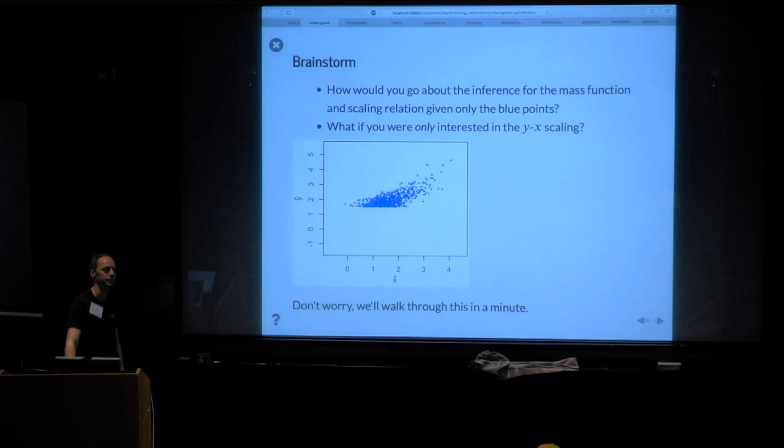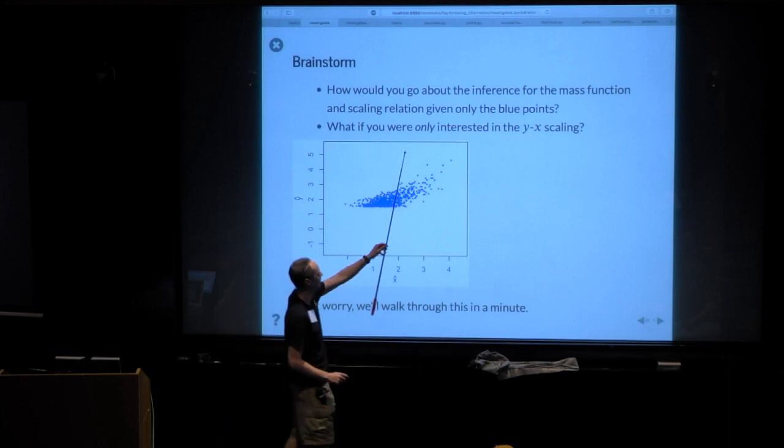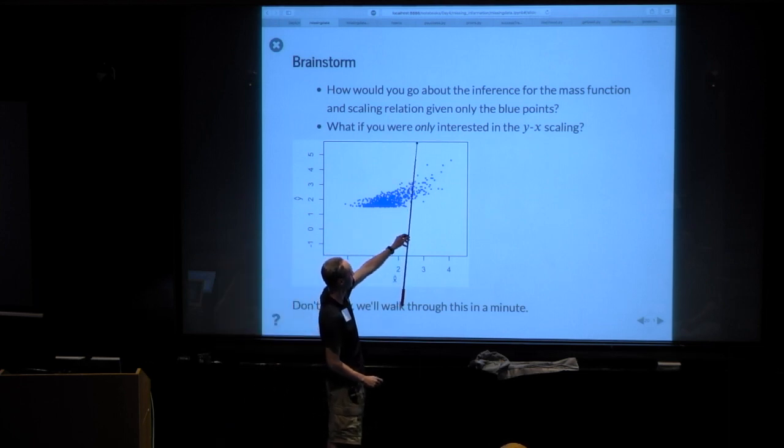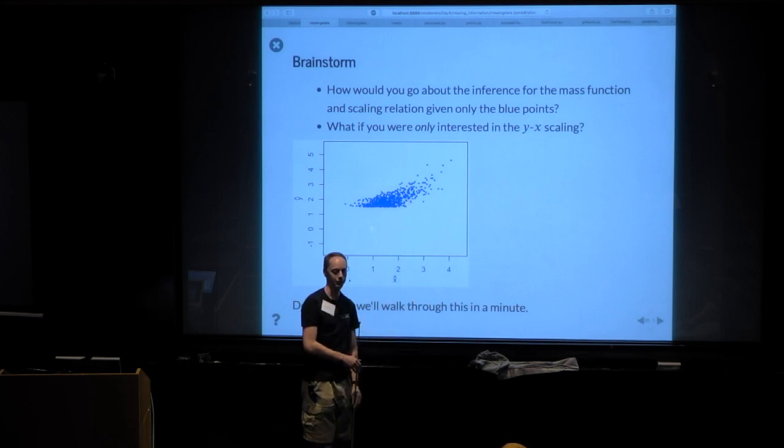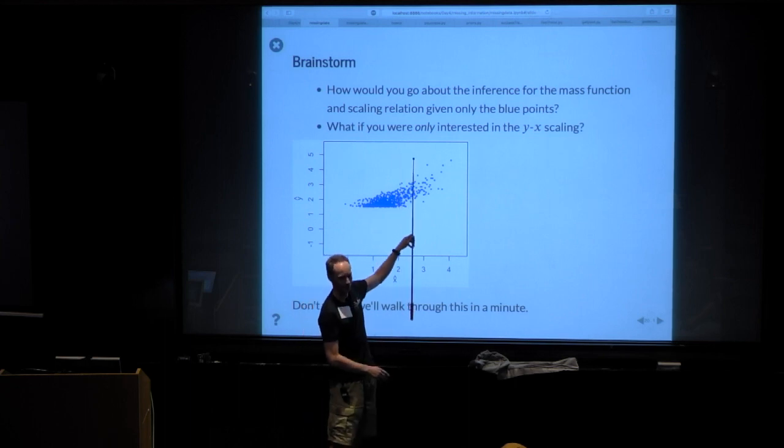We came up with the idea that it seems like for x greater than 2, we have a complete distribution, so you could just throw away the data left of that. I'm not sure that would be totally safe, but it is true, at least for this problem, that if we were actually complete above a threshold in the x-axis, then we would be unbiased at least. I don't know if the remaining data would be helpful to us.